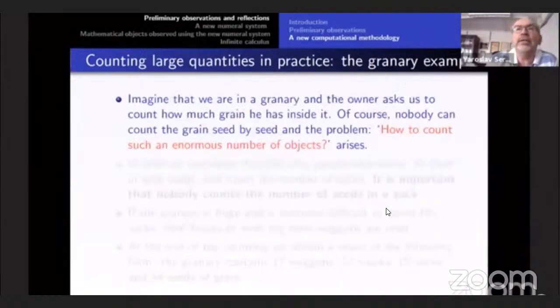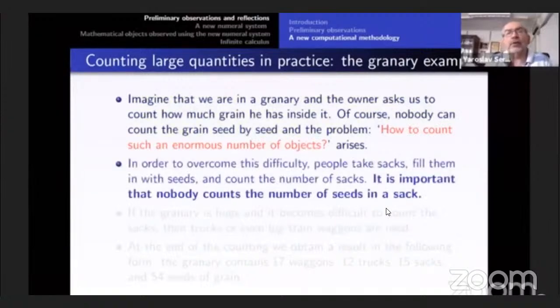Suppose that we are in a granary and the owner asks us how to count how much grain he has inside. Obviously, people are not able to count seed by seed because there are too many objects. And the question arises how to compute such an enormous number of objects in a reasonable time. Clearly, we can say that there are many seeds in the granary. This is the correct answer, but